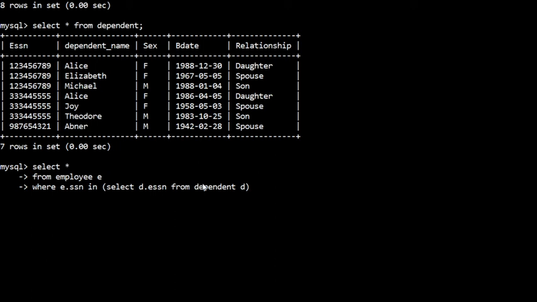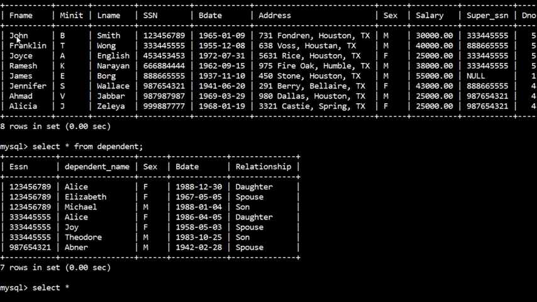In the inner or nested query, I'm writing the employee SSN from the dependent table, so it will contain all these values. It will fetch these values, and now I'm comparing row by row with these values.